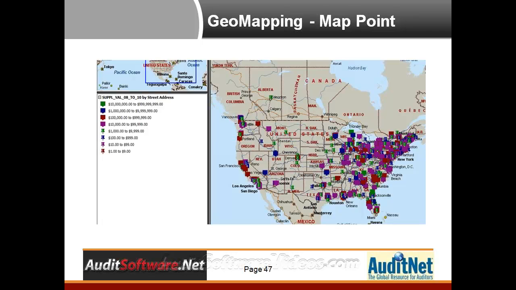I used to use MapPoint from Microsoft, and it's not a bad product at all and something to utilize, but I've moved to another product that I think is a bit better and a little easier to use. Now, MapPoint, the one good thing I'll say is that it tends to stay on your computer and the data stays on your computer. So that's a little bit better than what I'm about to show you, where we go